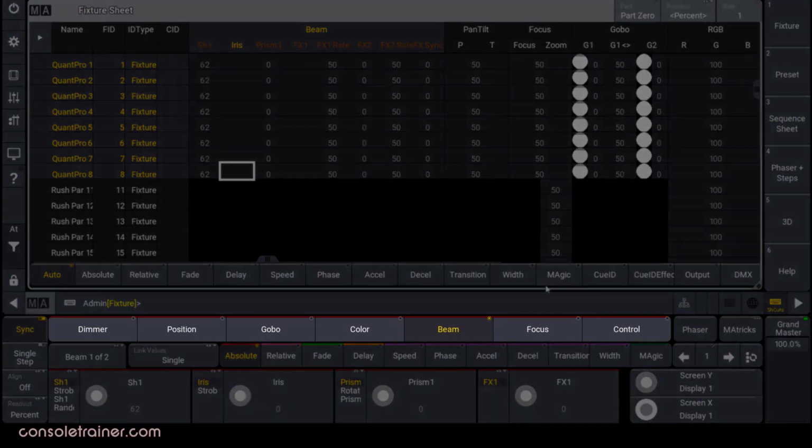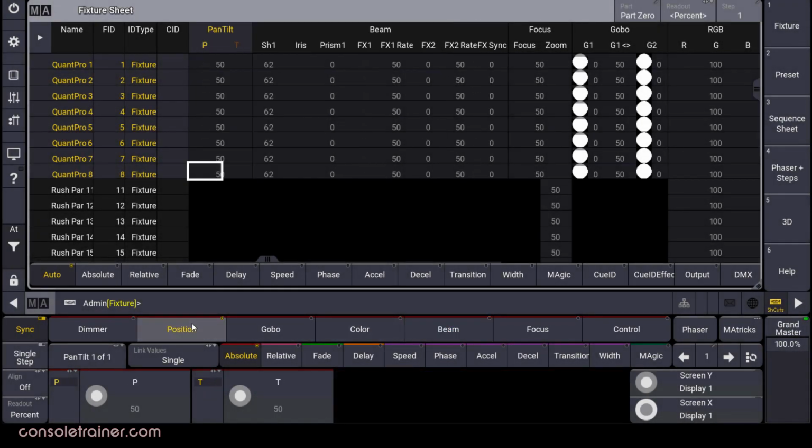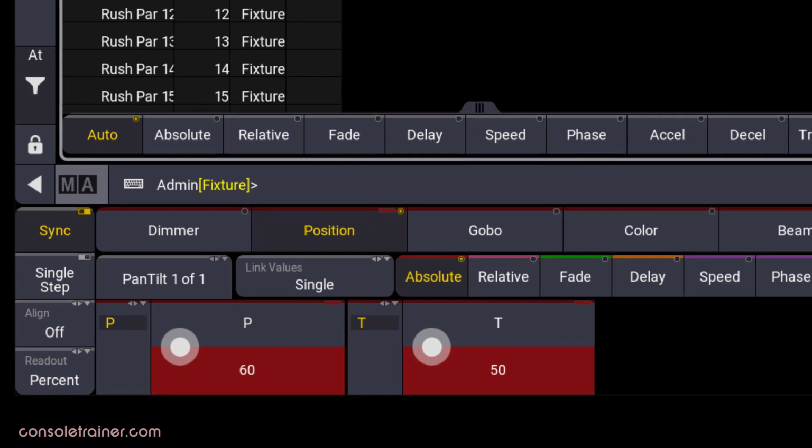We already talked encoder basics in the hardware video, like the difference between the inner and outer wheels. Now let's talk about how to use those encoder wheels when we want to manipulate data in the fixture sheet. The feature groups at the top still jump our encoder wheels to parameters of that feature. And when we've activated a parameter, besides it showing the red background on our encoder wheels and in our fixture sheet, the attribute type also shows with a red line indicating the active values, just like MA2.